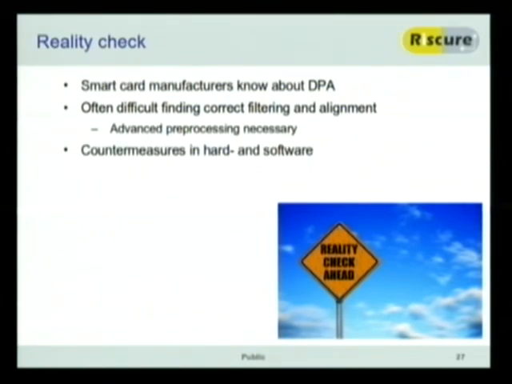Countermeasures, we find them in both hardware and in software. So in hardware, we see noise generators on the power line. We see random pipeline stalls to create misalignment in the processes. There's all kinds of things going around. On embedded systems, we don't see them that much. So that's more of an easy target in a way.